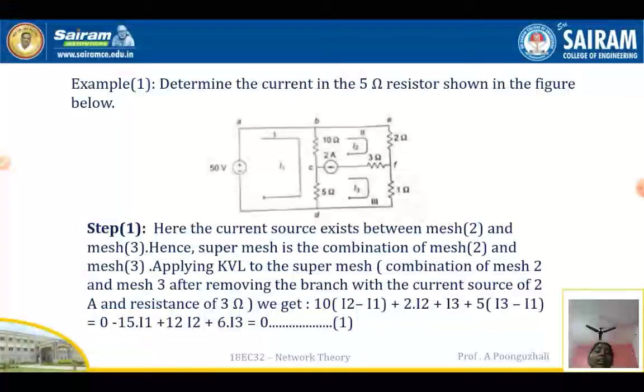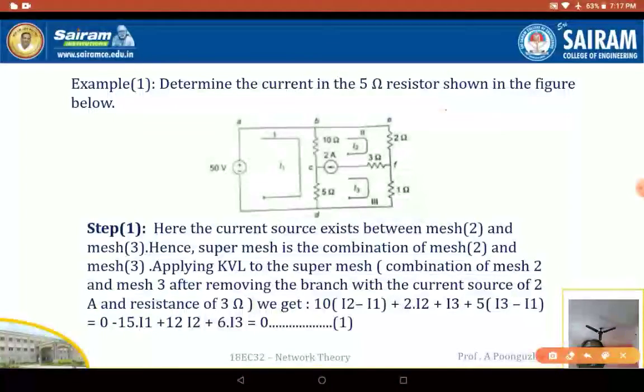Determine the current in the 5 ohm resistor shown in the figure. First, what we are going to assume is that this is your current source, 2 amps. That means it is going to be between I2 and I3. So we are going to remove that branch and redraw the circuit. When I redraw the circuit, this is your B point, this is your C point,